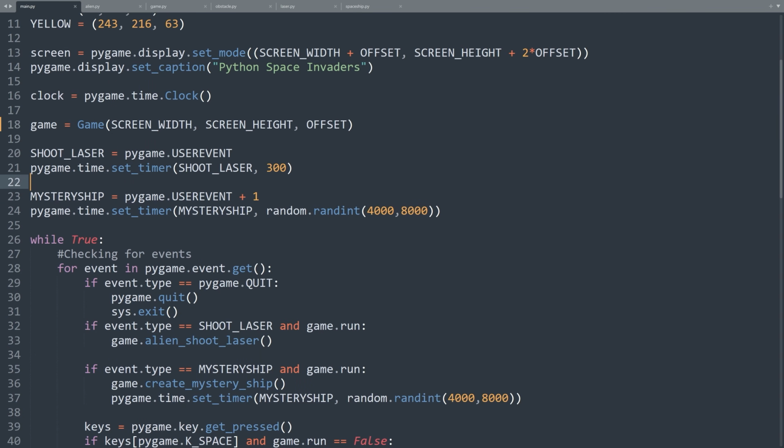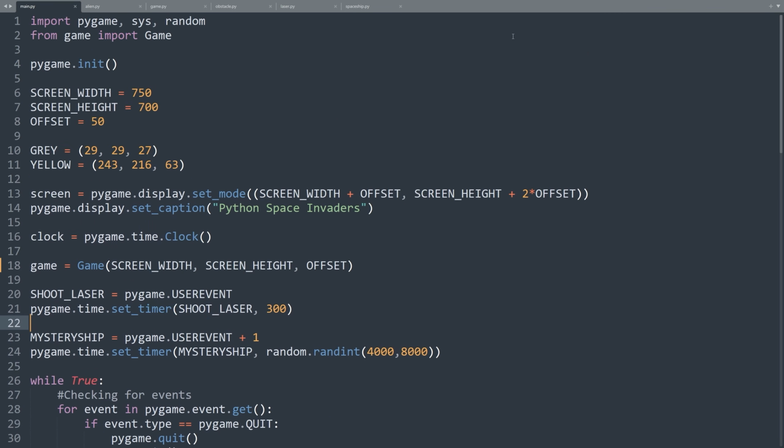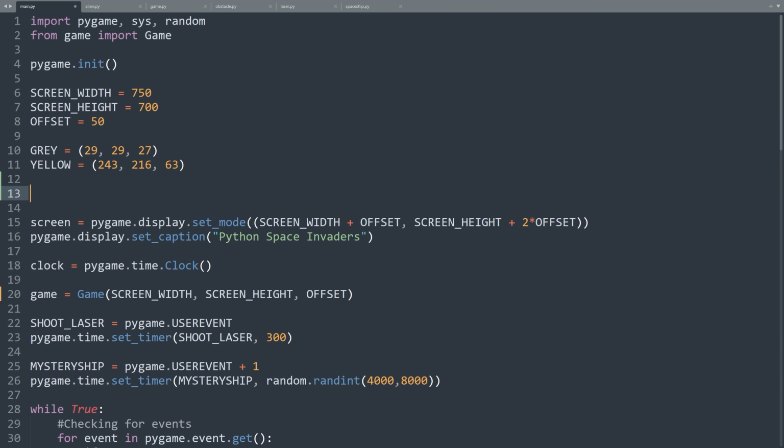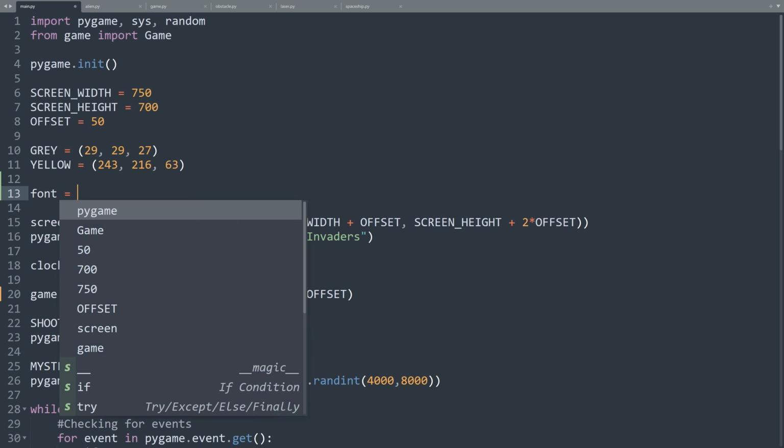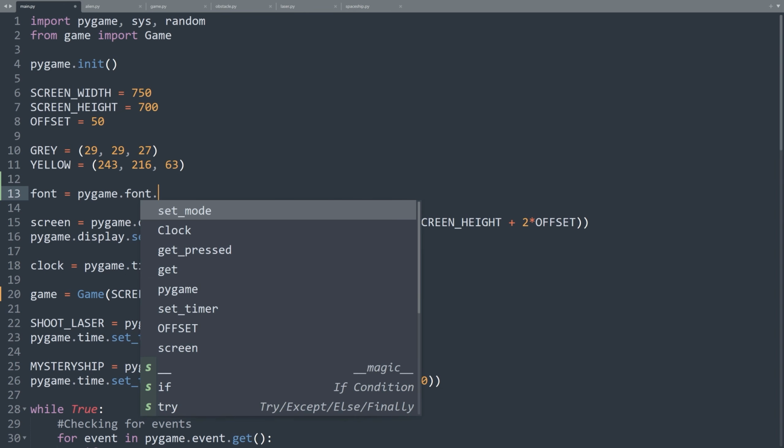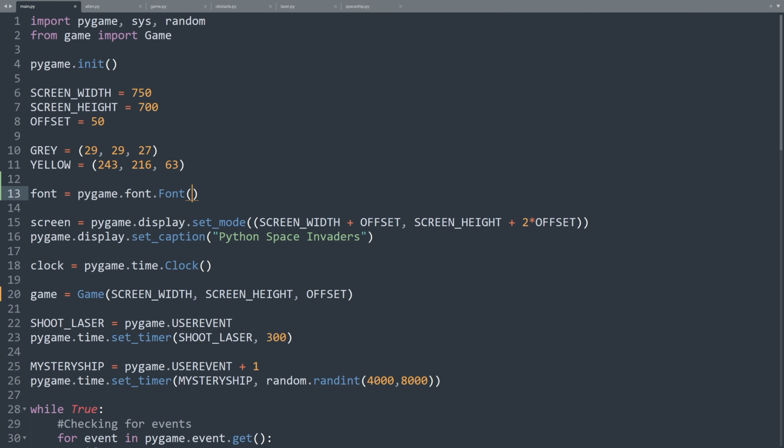First, let's draw a level title. So, outside of the game loop, below the pygame.init call, let's create a font. Font is equal to pygame.font.Font, parenthesis, with a capital F here. And we have to give it a font family and a size. For the font family, I will enter quotes font/monogram.ttf. This is the font we are going to use in this game, and it is located in the font folder in our game folder. For the size of the font, I give it the value 40. The first step is done.